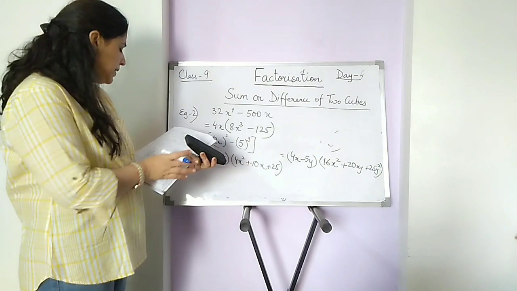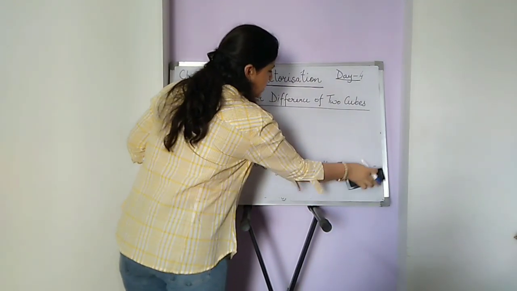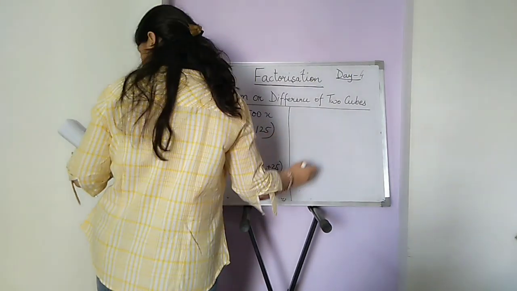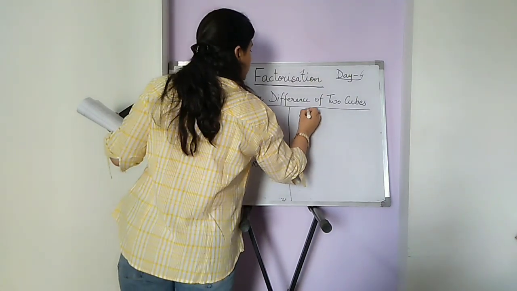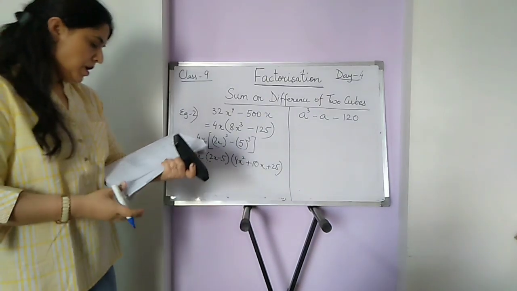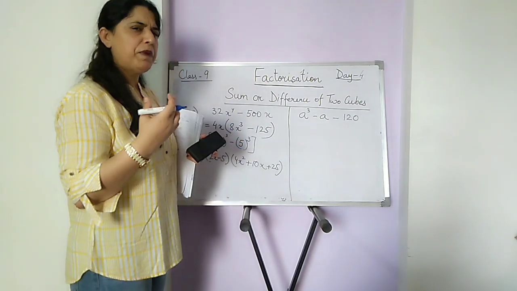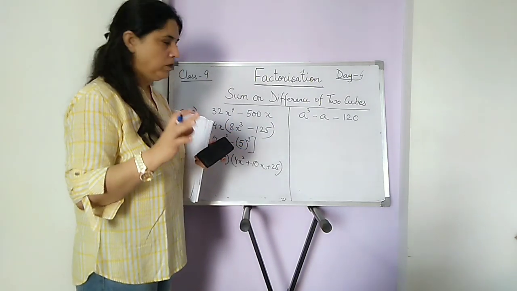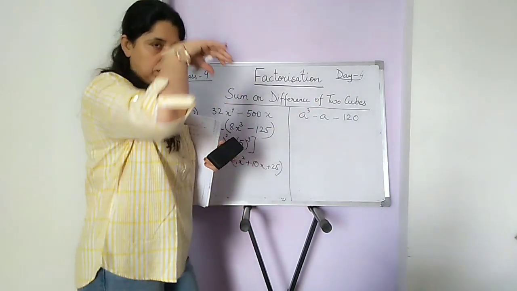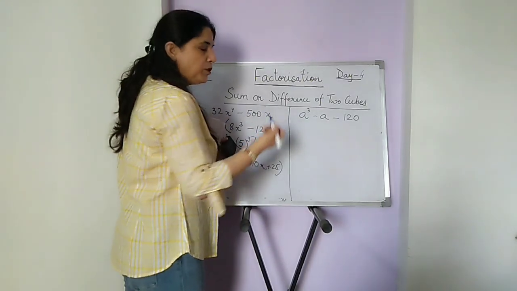Okay. Another example, a very important one, a little difficult one this time I have taken. Let's see how we can apply our brain here. I have asked you to factorize a cube minus a minus 120. Now children, when we get such an expression, you will say it's a trinomial, it should be done by splitting the middle term or something like that, no. It's power 2, then power 3 and then power 1. So that has to be in the quadratic form. Okay, now what to do?